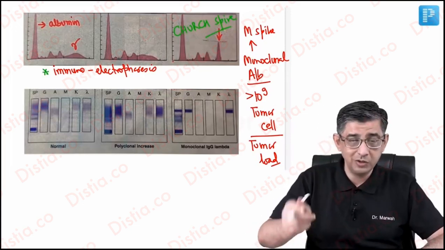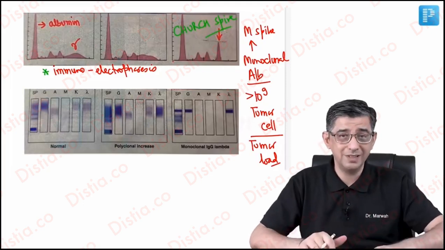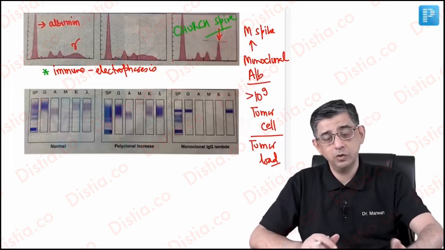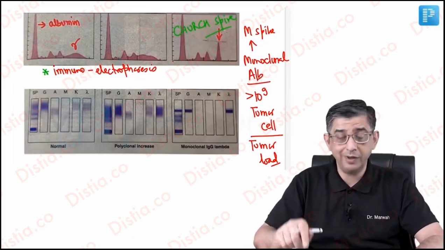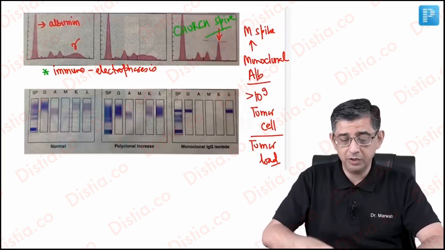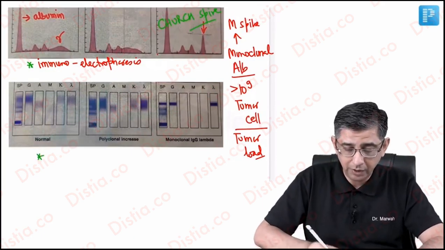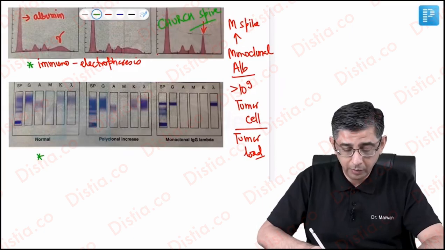Why in cirrhosis? Because in cirrhosis per se, what happens is that the catabolism of globulin becomes lesser, so globulins can also be increased in patients with cirrhosis. But for that, you'll have to listen to the cirrhosis lecture per se. So at the moment, I just want to say that the superior technique here is immunoelectrophoresis. And if you look at the inferior report, here I am subtyping what type of immunoglobulin is present.